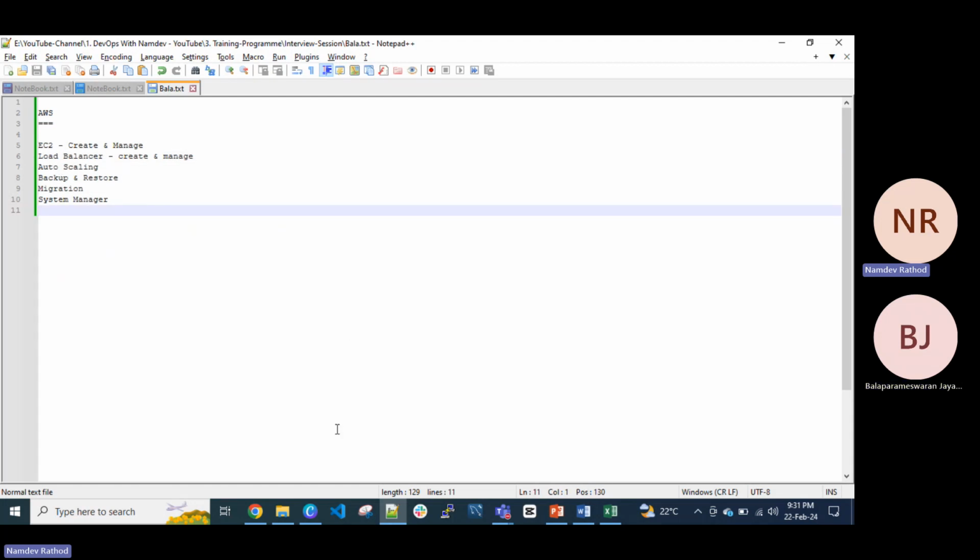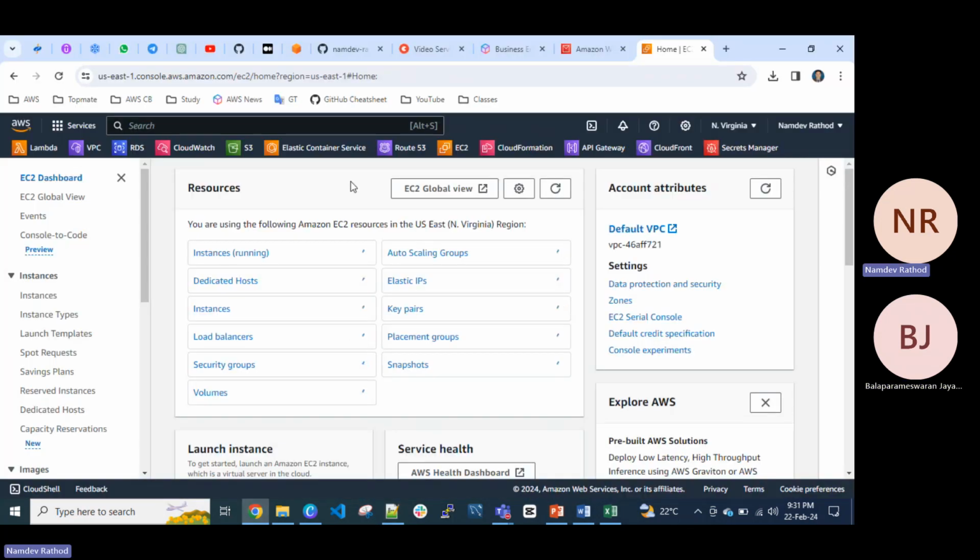I will show you quickly, basically. You might get questions like on what basis you collect the requirements before creation of the EC2 instance, or how you can decide which instance type you need to create. Because blindly creating resources like an EC2 instance, taking 100 GB storage unnecessarily, doesn't work